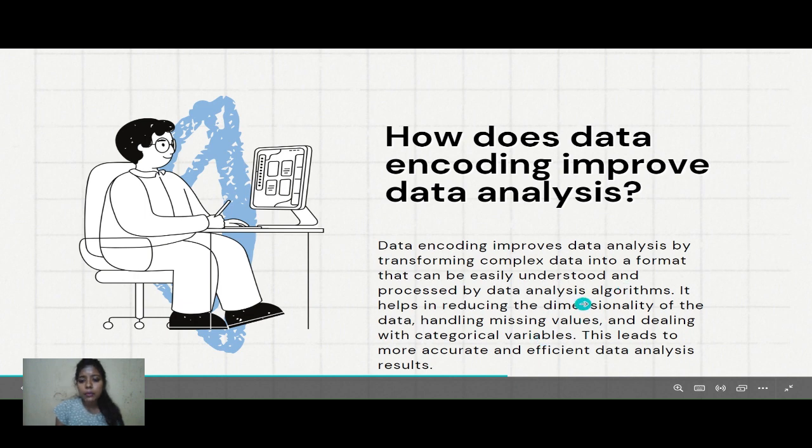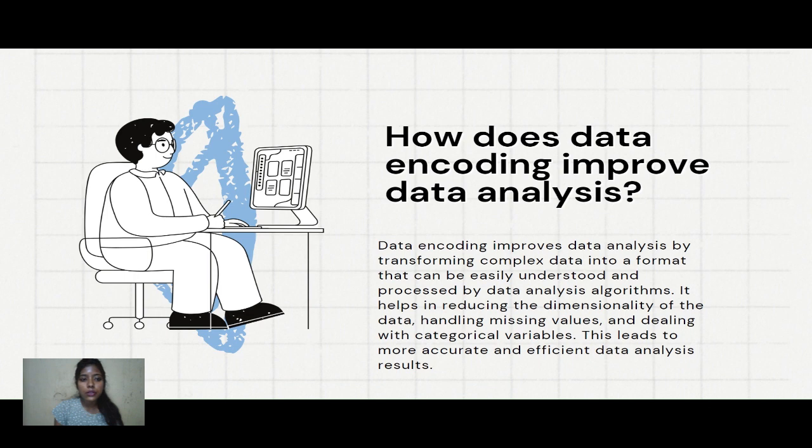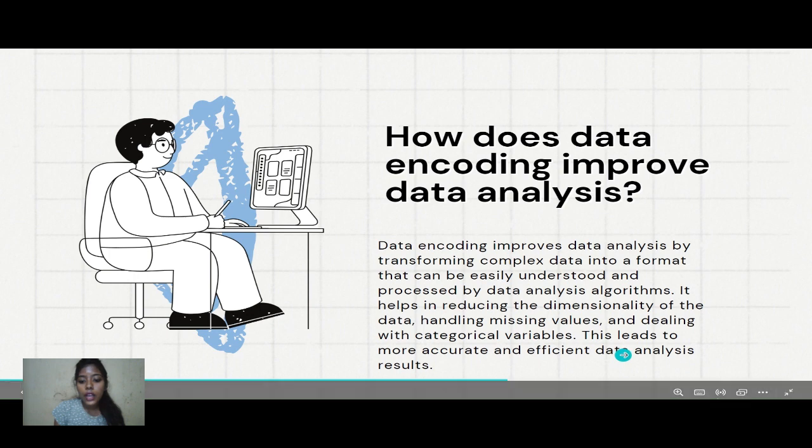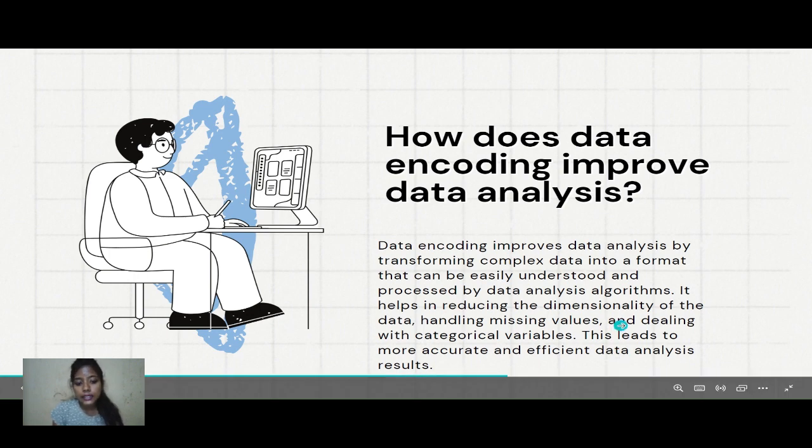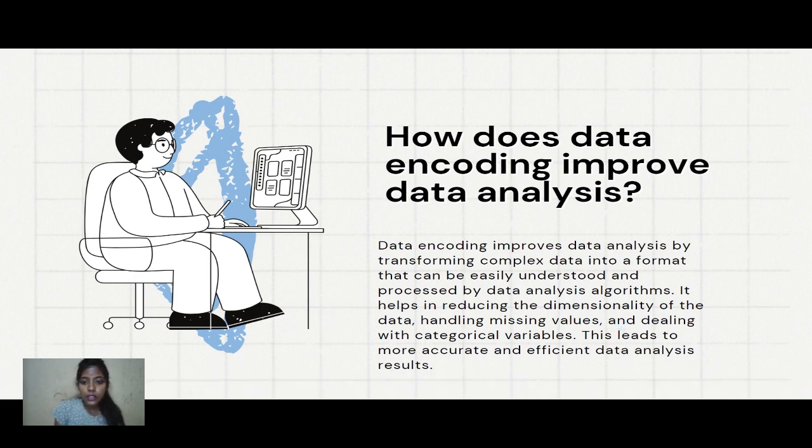When we take millions of data, there are going to be a lot of missing values in it. So data encoding helps us to easily handle the missing values. This leads to more accurate and efficient data analysis results. By using data encoding, we can make the result more accurate and more precise than the random bunch of data given in the